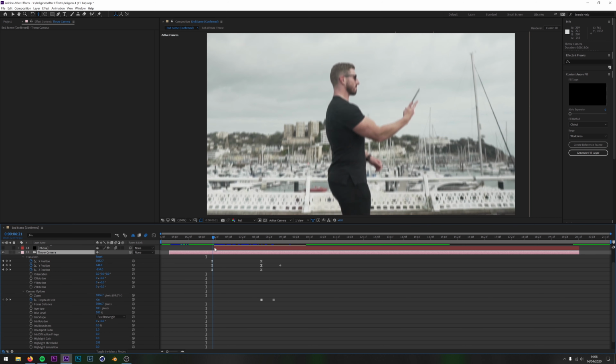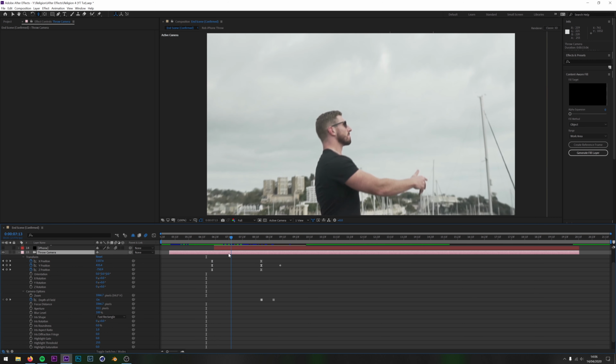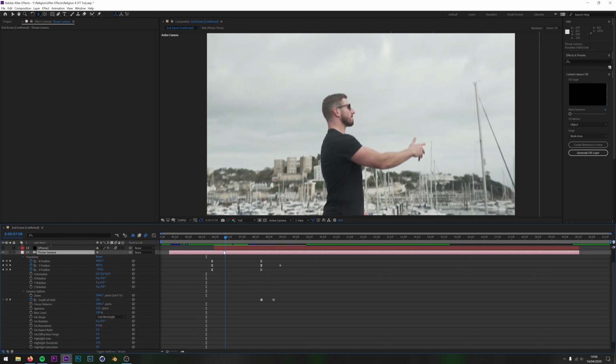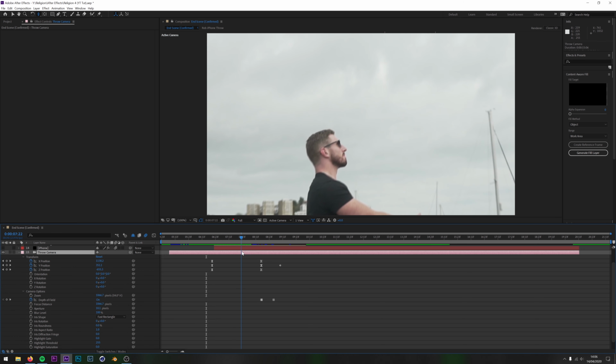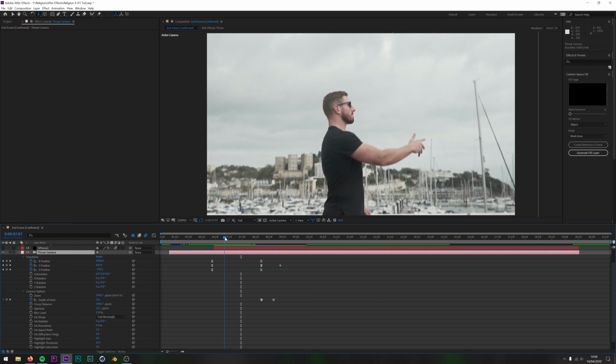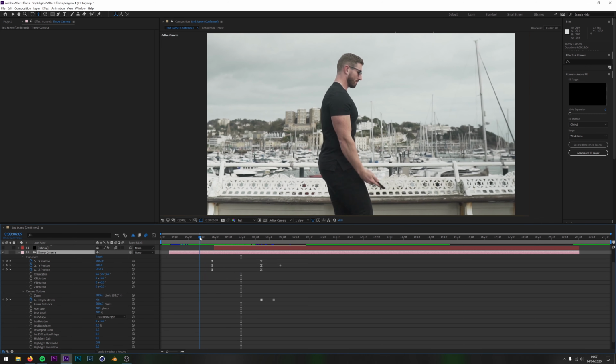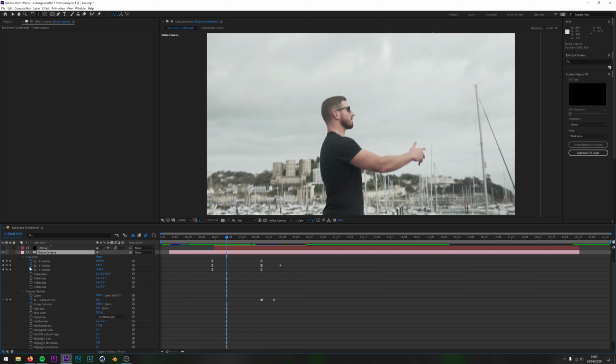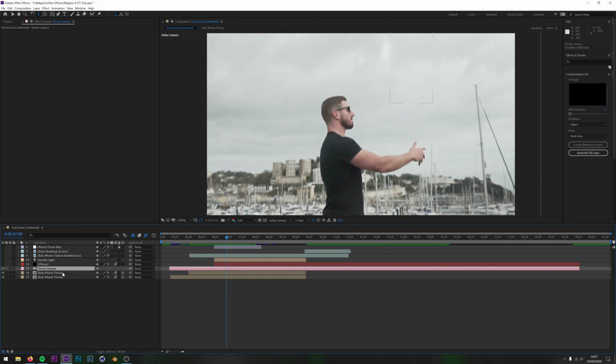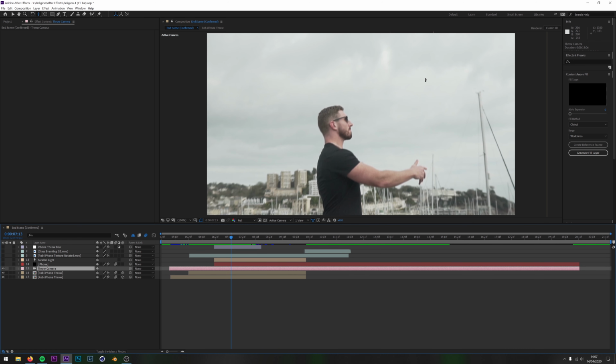So as I go past this keyframe, it seems as though the layer is scaling, but it's not. What's actually happening is there's a virtual camera that's zooming in instead. The reason I've done it this way and not scaled the layers is, firstly, there are two layers, and I didn't want to have to scale them. And secondly, when I put the iPhone in a moment, you'll notice that because I'm zooming in and this is a 3D element, had I not used a 3D camera, the phone would not get bigger as I got closer.